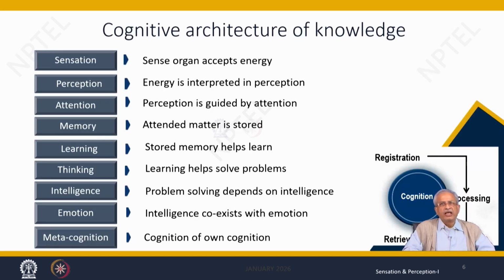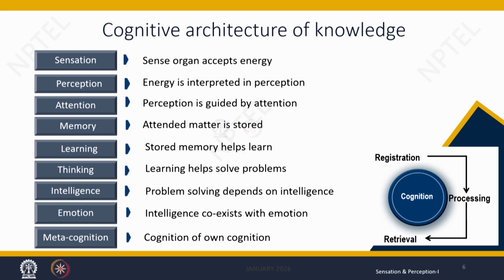Now, this entire architecture of knowledge comes through several stages, and the stages I have written in front of you. It has several stages, for example, sensation, perception, attention, memory, learning, thinking, intelligence, and last,